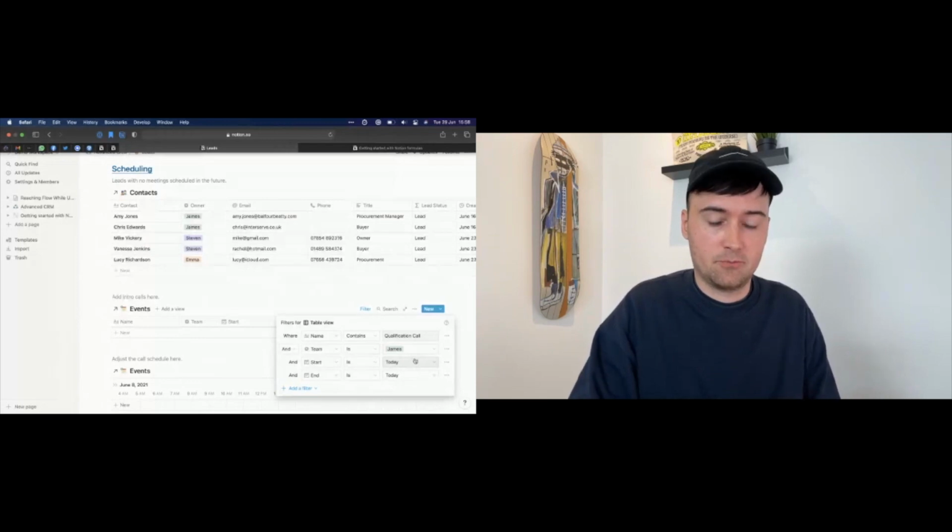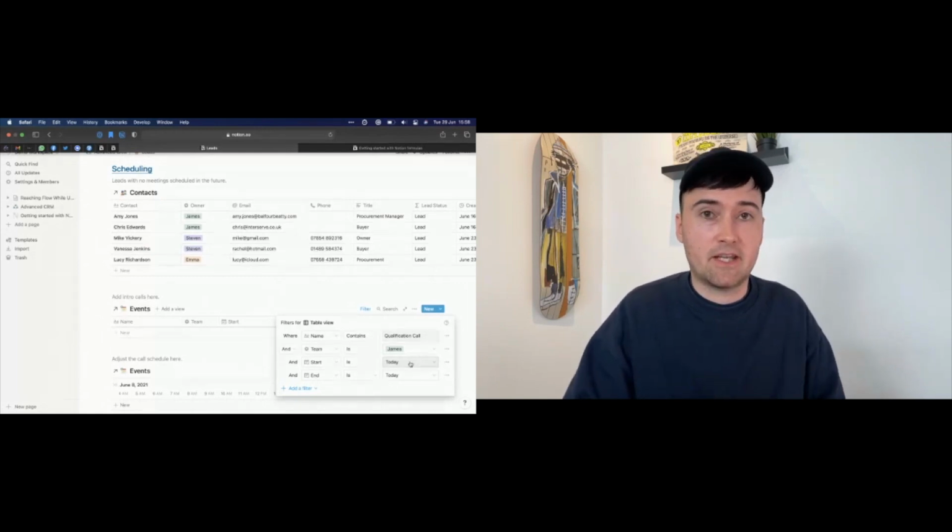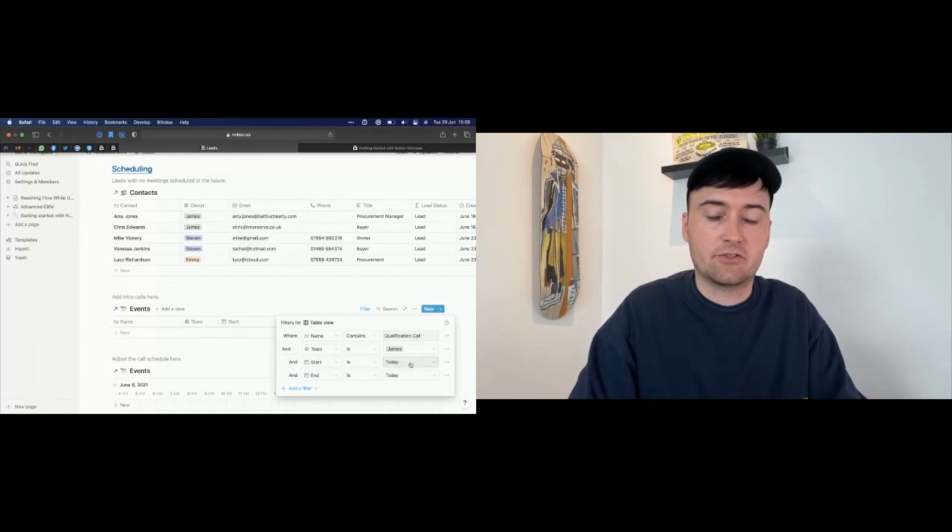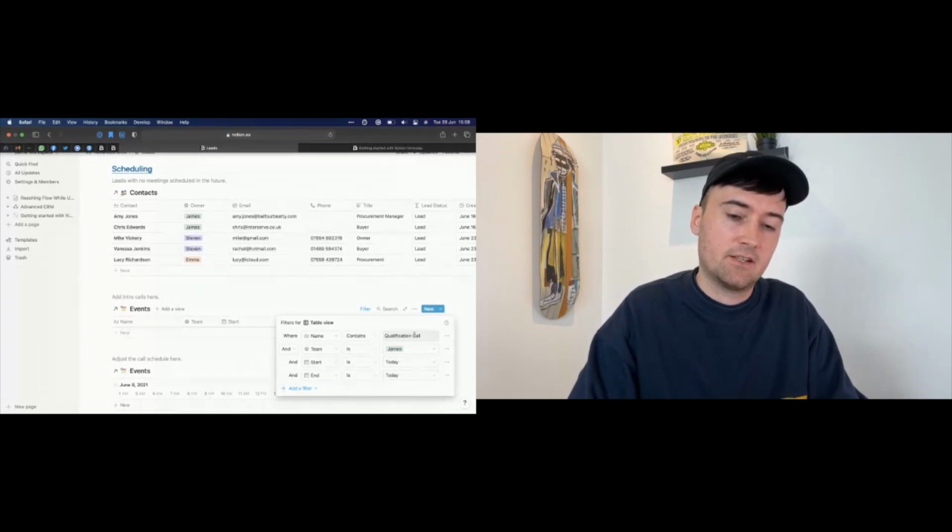And actually, you wouldn't be able to fill in the start and end dates as well using a page template, or at least not dynamically if you're using a page template. So this functionality enables us to automatically set the start and end date to today